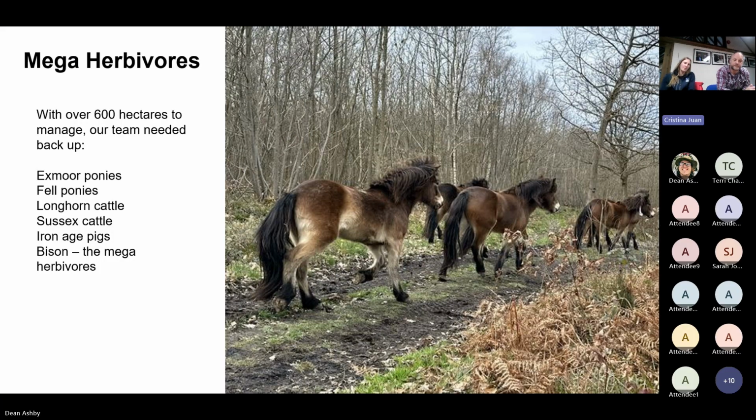Right. So we did talk a lot about bison, but we also have different grazing animals on site. As we've seen on the map before, we have the bison areas, we have what we call the proxy areas, and then the human intervention area. In the proxy area, which is everything encompassing West Blean outside of the bison compartments, we have already trialed different ancient breeds, and it will also allow us to further compare how specifically the bison impact with their grazing compared to traditional breeds. So the project started off with Exmoor ponies and longhorn cattle, which have been on site